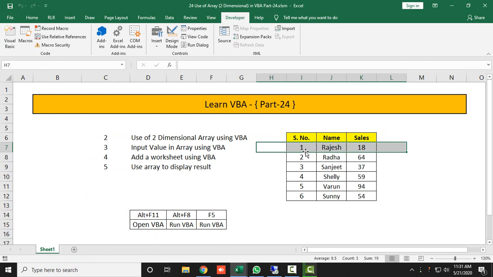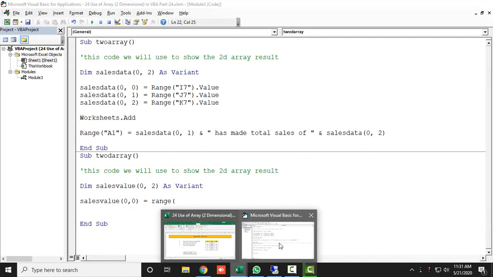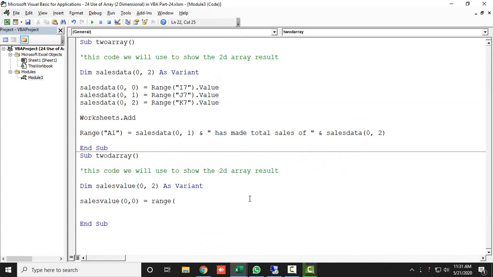Which address? This one, which is I7. The name is in J7 and the sales value is in K7. So we will put them step by step. First I'm taking I7, because the serial number is written in I7.